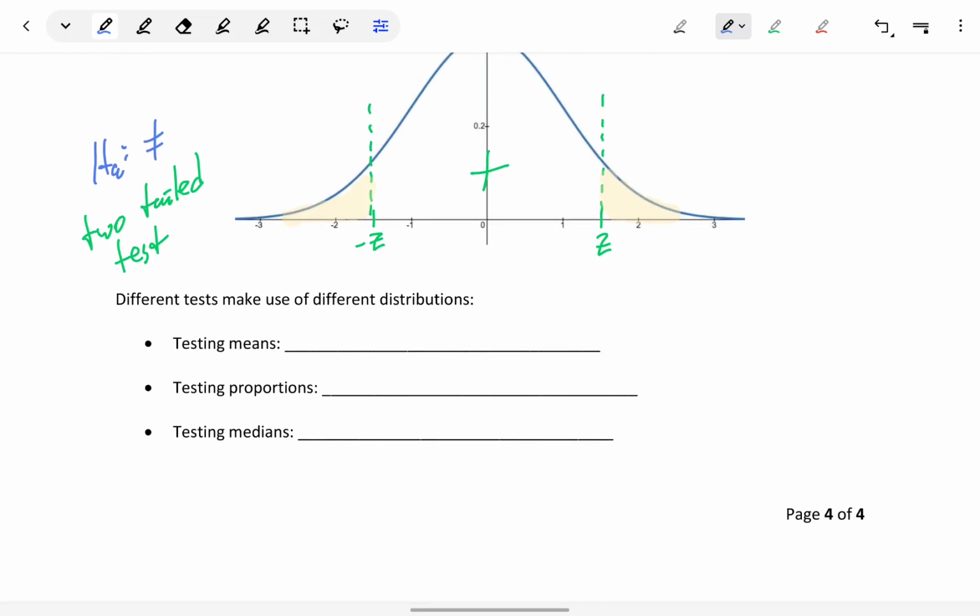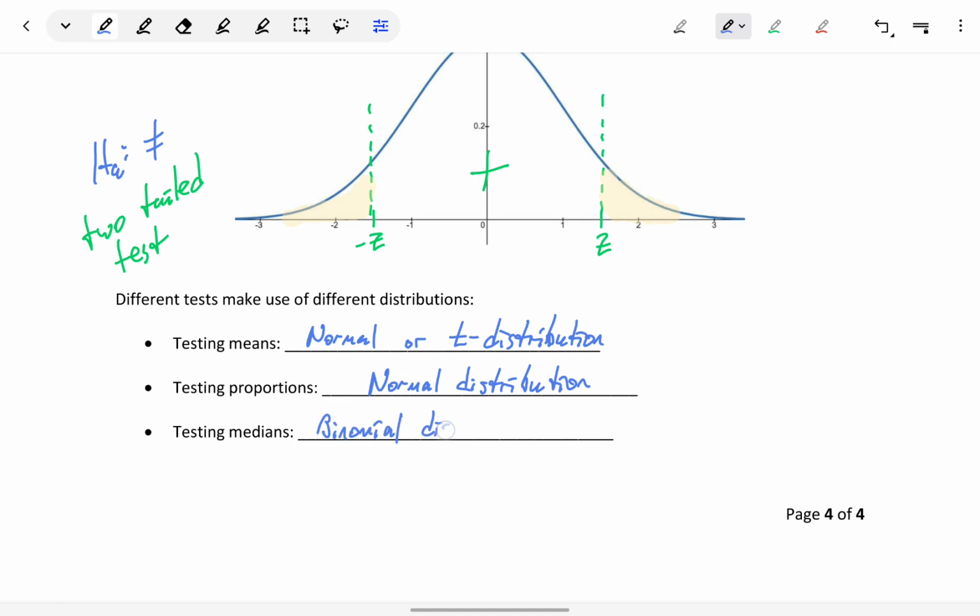Each of those pictures were drawn and sketched out using a normal distribution. And if we're testing means, we may be using a normal distribution or a t-distribution, which has a similar picture, just a slightly lower and wider distribution. If we're testing proportions, a normal distribution is being used to calculate that test statistic and to calculate those probabilities regarding the test statistic. And if we're testing medians,